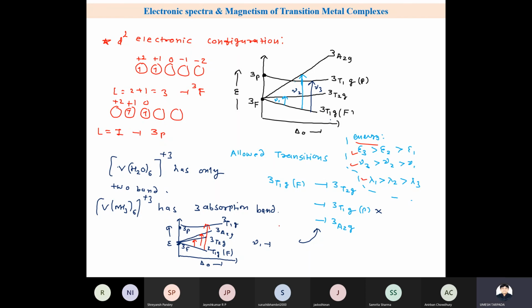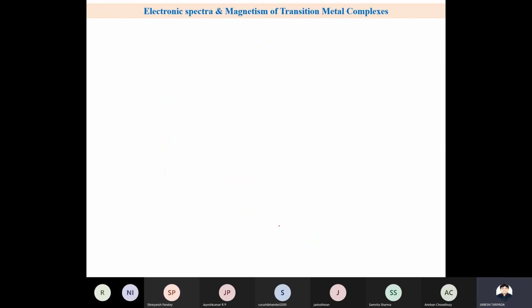So in the case of the water molecule, there is overlapping happening, and because of the overlapping you can have one less transition than the expected one. But again, see, the same overlapping does not take place in the case of D7 system. Overlapping here takes place in the case of D2 system only. If you have a D7 system, so multiplicity is